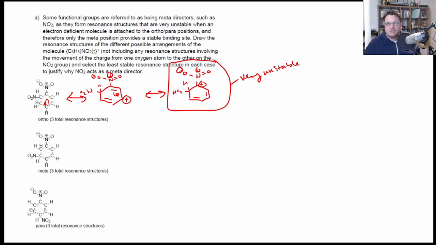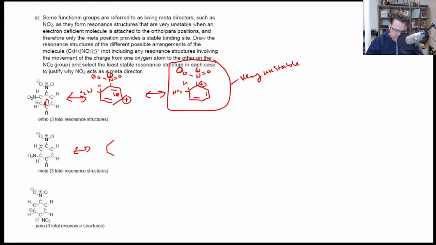And so because of that, you actually promote even more so that reaction not happening at that site, because you're forming a resonance structure that is not stable at all. It wants to push away. It doesn't want to exist in those instances. Whereas in the case of the meta, if we go through and do the same thing, we have our positive charge right here. Here's our NO2 group. When we're moving around that positive charge,